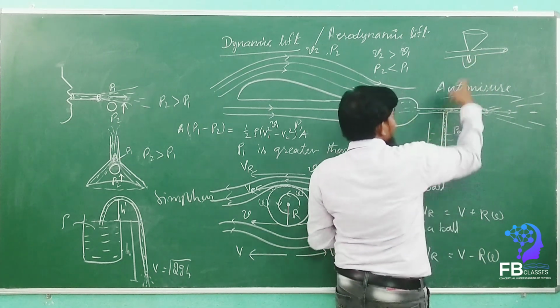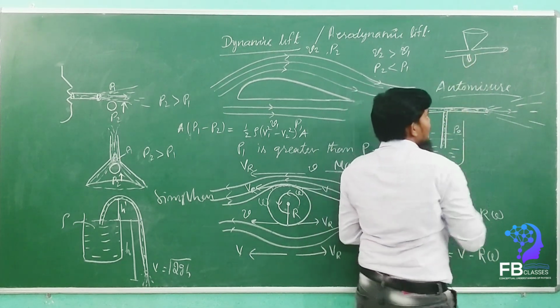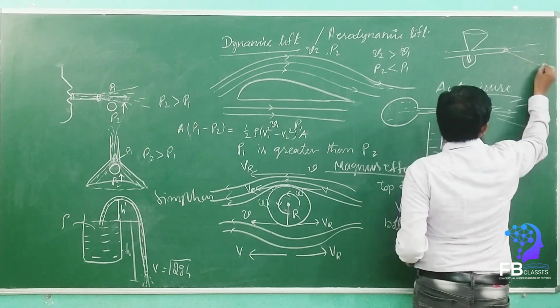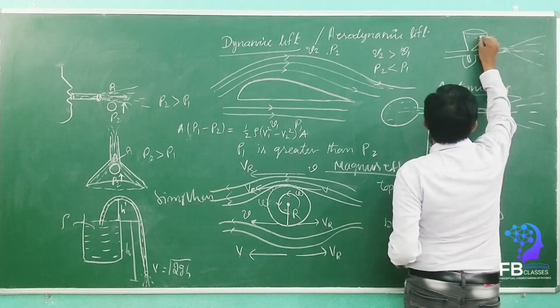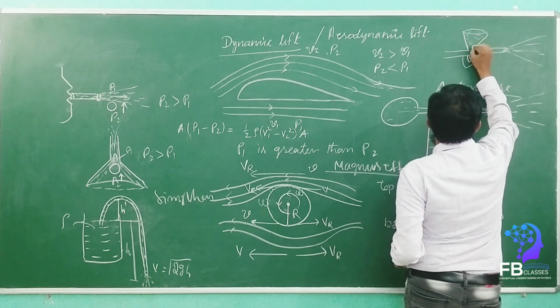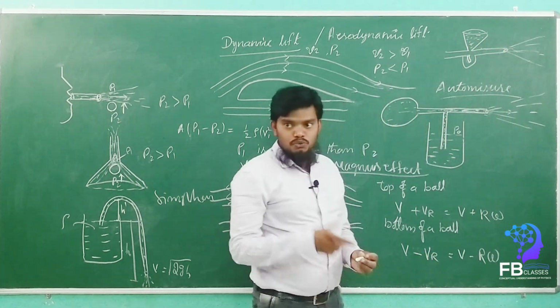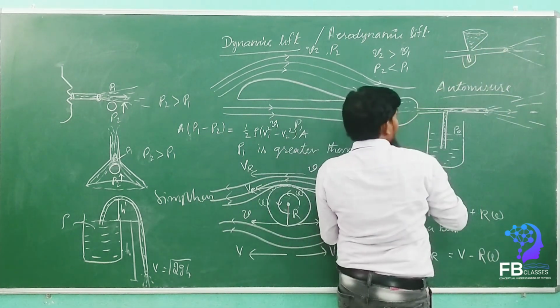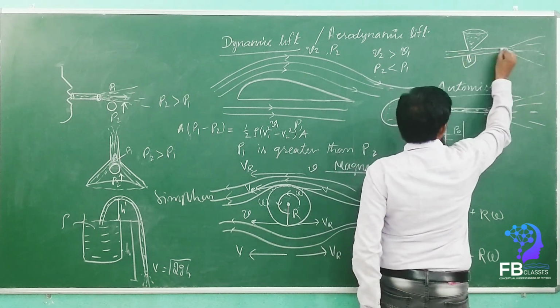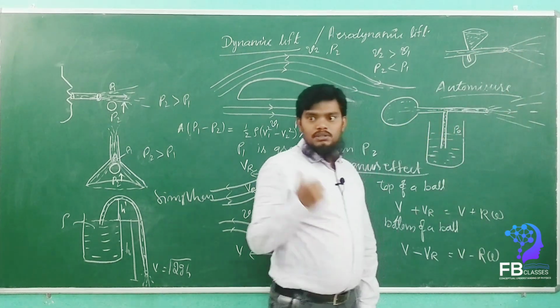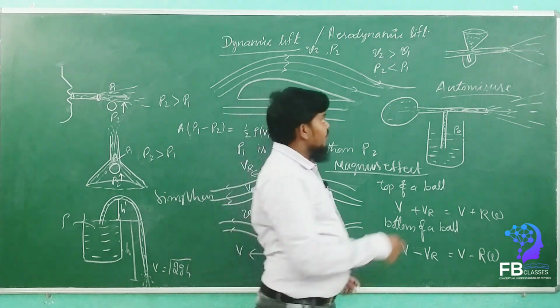So here the trigger will be there. If they press the trigger, what will happen? The spray will come like this. Yes or no? The painting spray will come like this. So the paint will be there in the container. Once they press here, what will happen? The air will blow very fast due to the compressor. So air will flow very fast.